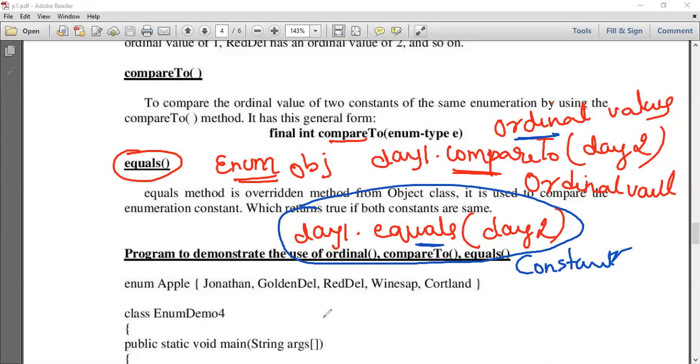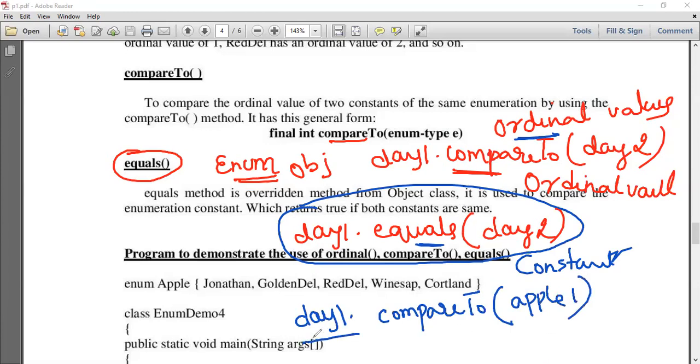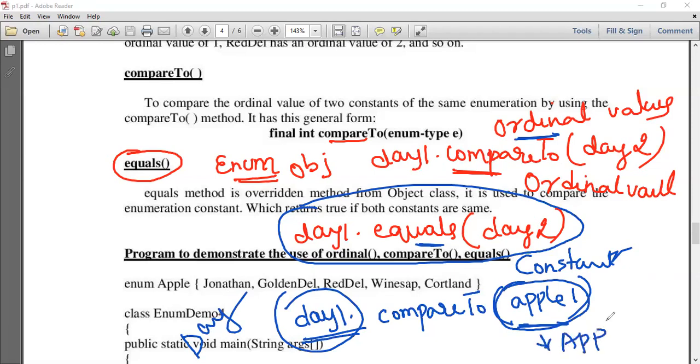Now we can also have a compareTo method like this: day1.compareTo(apple1). See here, there are two different enumerators. The invoking one belongs to a day type enumerator, whereas the passed one is of apple type.